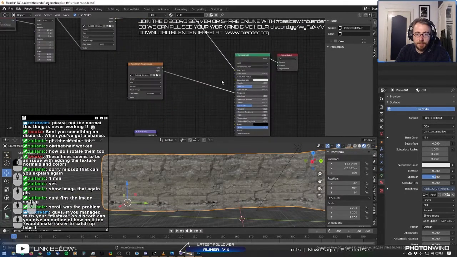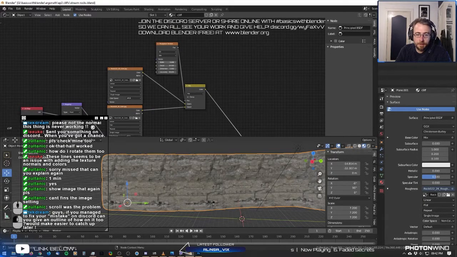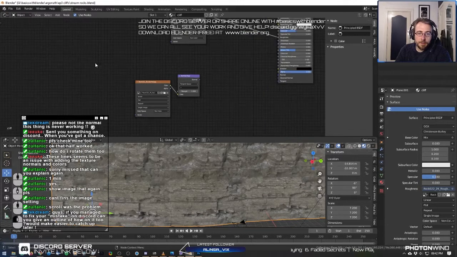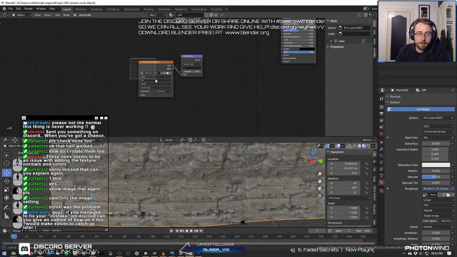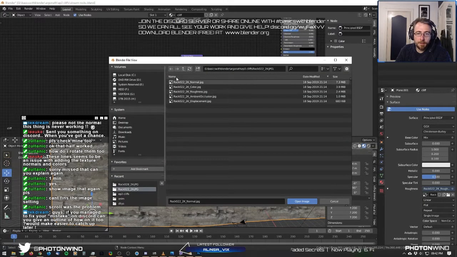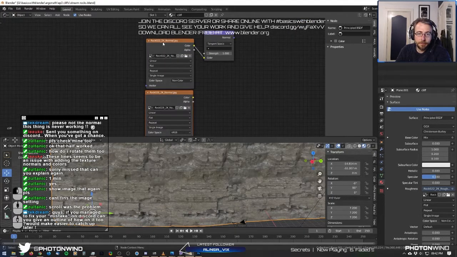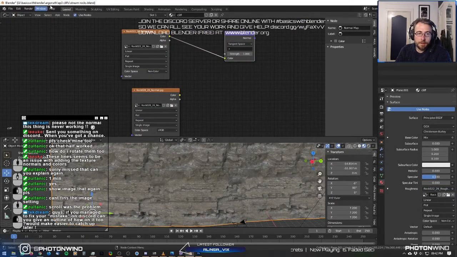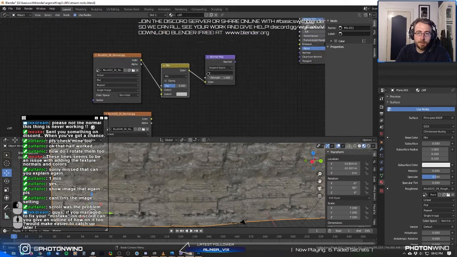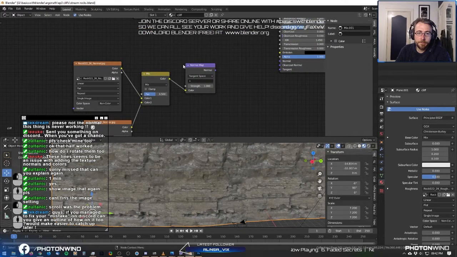If I just have it with the base color, you'll see more of this difference. So basically what we can do is just duplicate each of these textures. So Shift D and open the second texture. So the normal, I'm going to open the normal, and then do the same thing of add a color mix, slot it in between, add the other one,